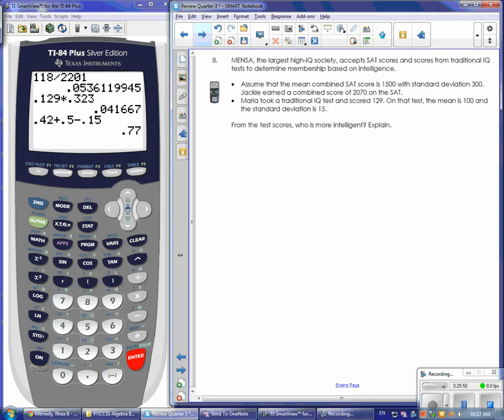All right, and number 8, we are allowed to use a calculator. Mensa, which is the largest high IQ society, accepts SAT scores and scores from traditional IQ tests to determine membership based on intelligence. So if we assume that the mean combined SAT score is 1,500 and the standard deviation is 300, so if we're talking about the SAT, we know that the mean is 1,500 and the standard deviation is 300. And we know that Jackie got a combined score of